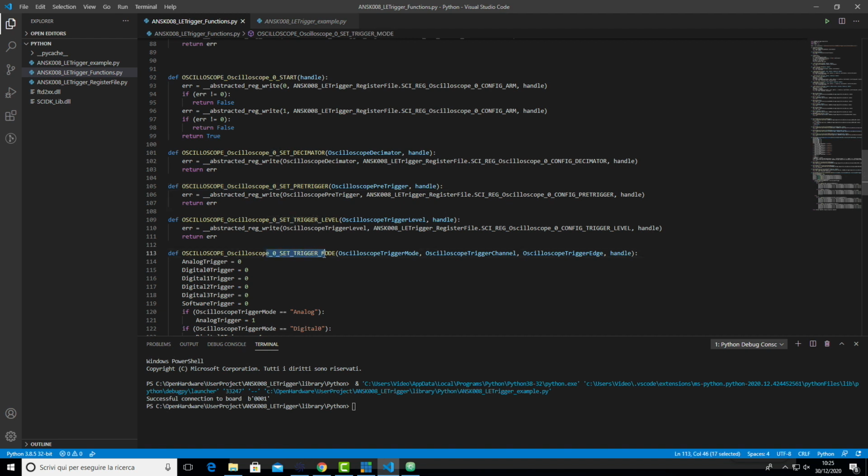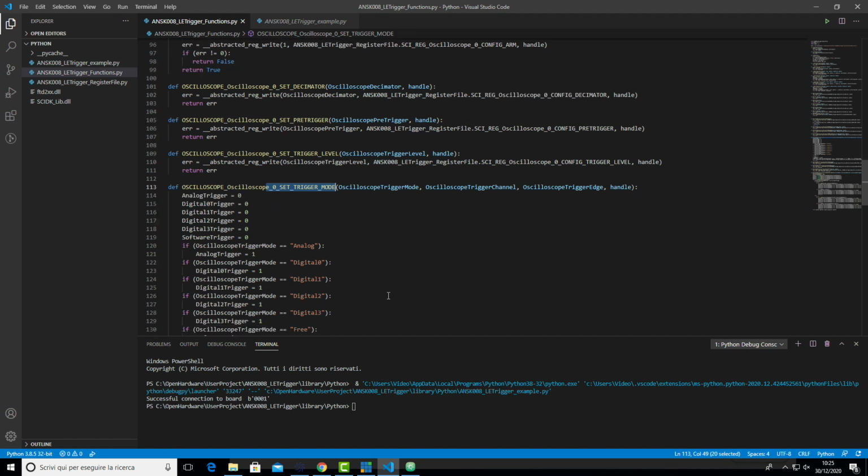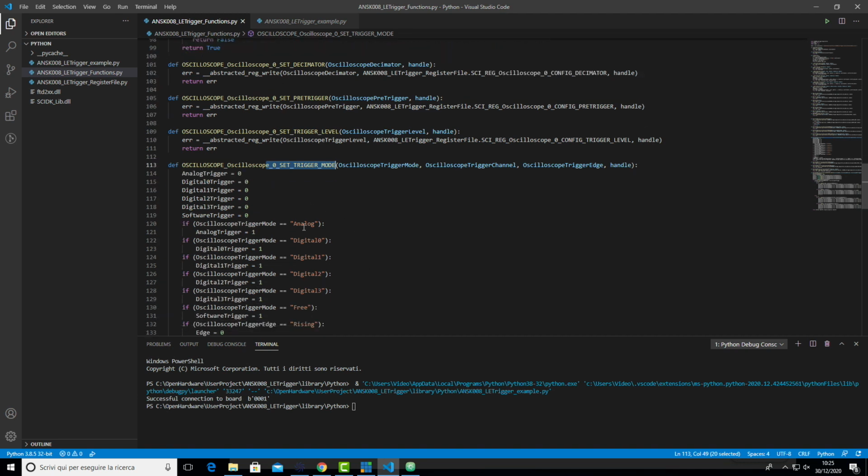The trigger mode function allows us to set on what we want to trigger. We have this kind of mode. So we have the analog, which means that we will use the internal oscilloscope trigger to trigger on the leading edge of the signal that comes from the specified channel, and the specified channel is selected by the variable oscilloscope trigger channel.